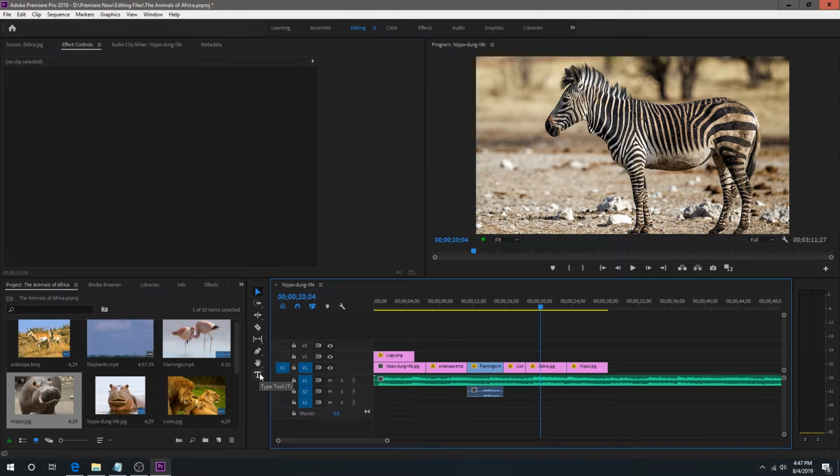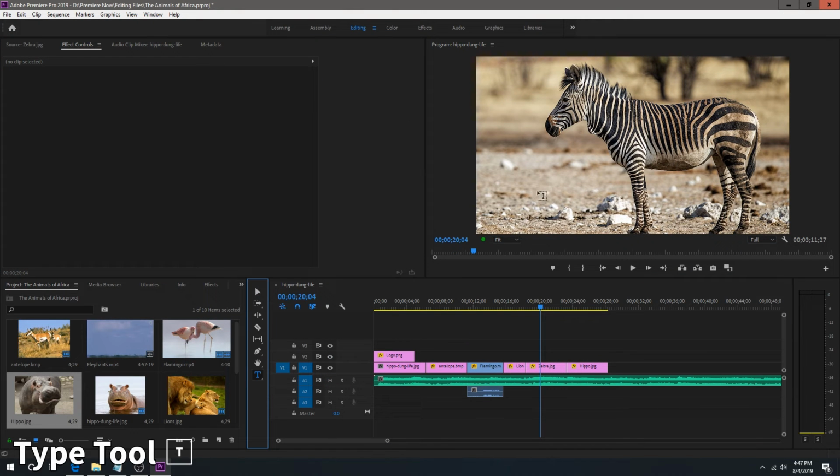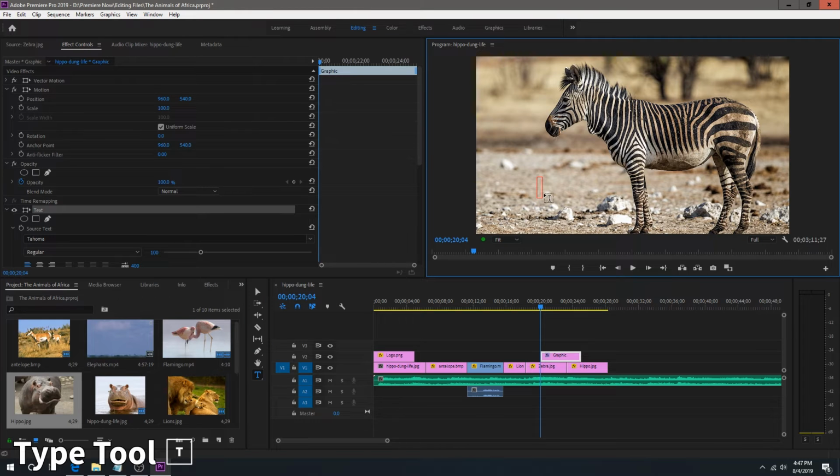If you'd like to add some text to your project, click the Text tool in the toolbox, and then click anywhere in your Program Monitor to place a blank text box. You can then alter font settings and styles in the Effects Control tab, along with its scale and positioning data